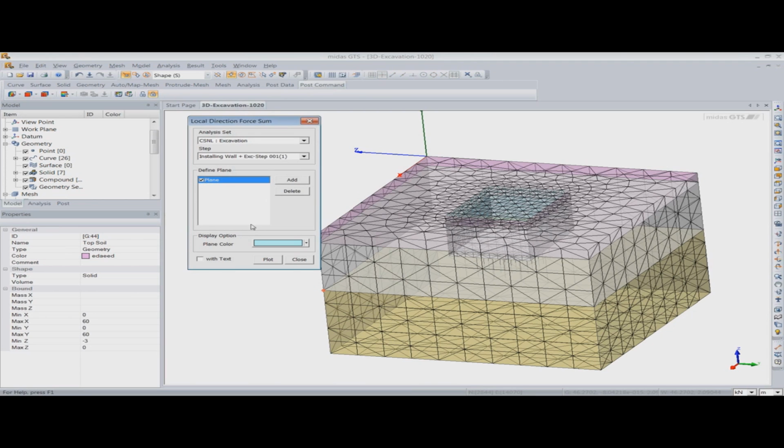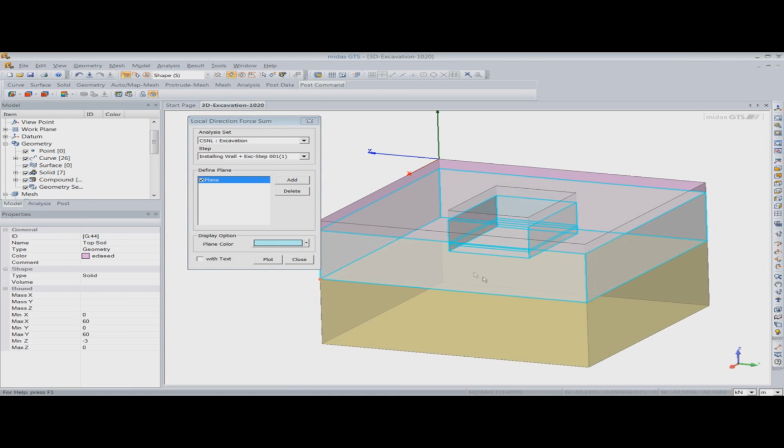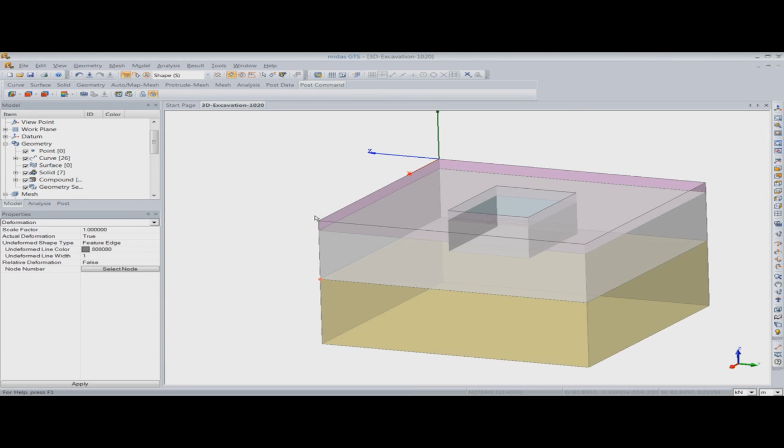So I have defined one plane here, and when I click on plot, the local direction force sum will be plotted. Here this is an arbitrary plane which is not inside the structure, but by using this feature, you can obtain the local direction force sum, and the program will give you the summation of stresses, the summation of bending moment, and the summation of shear force along a particular plane.